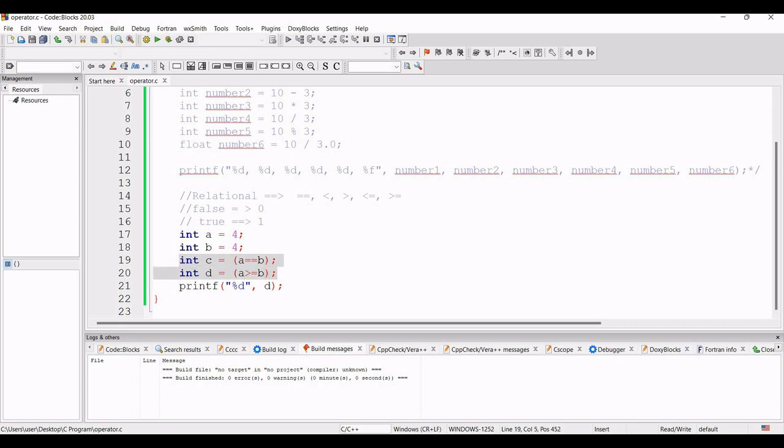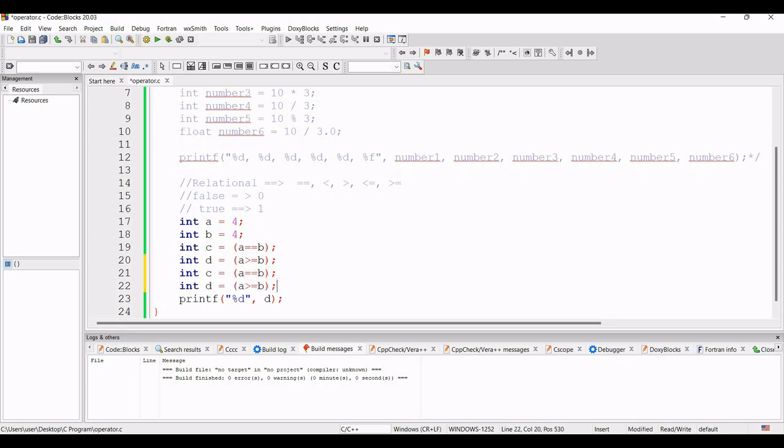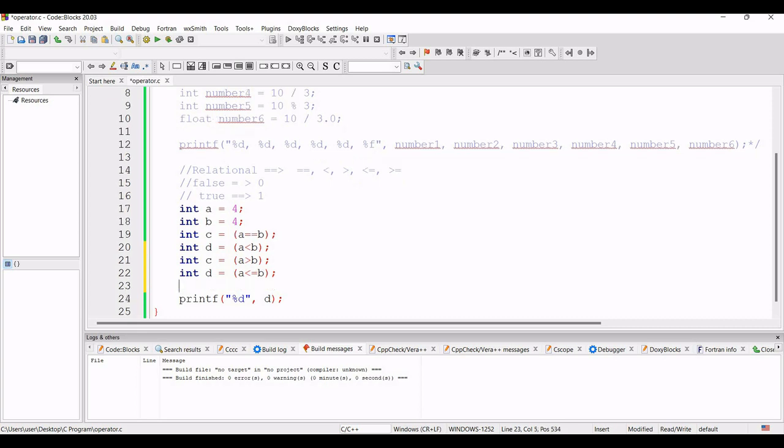So for your convenience, I am making 4. One is less than, the second one is greater than, then less than equals to, and then I am copying it again and again, pasting it over there, and it will be greater than equals to.